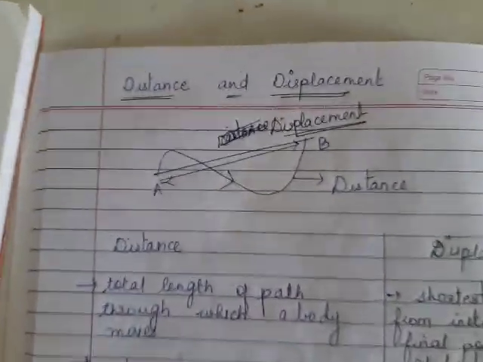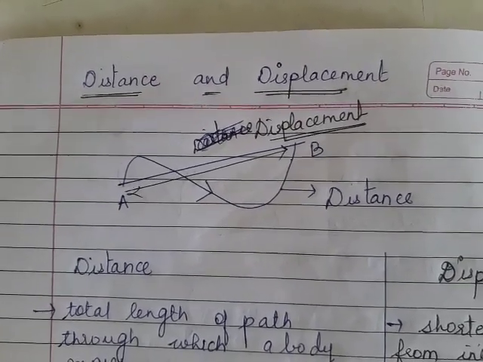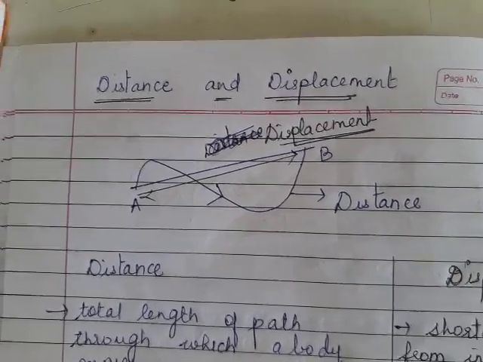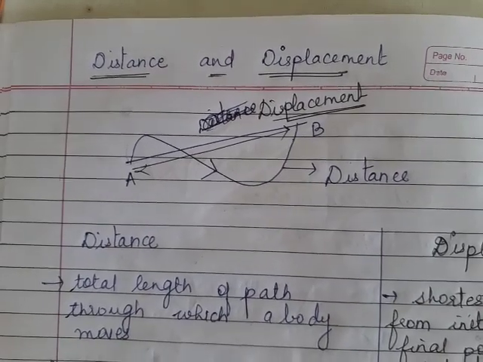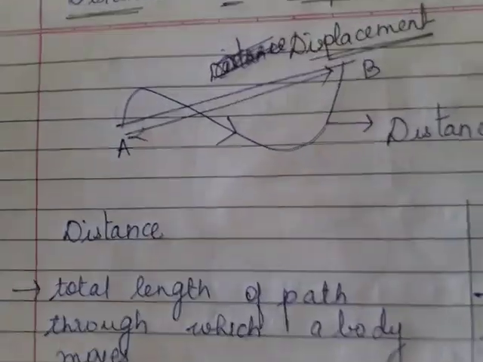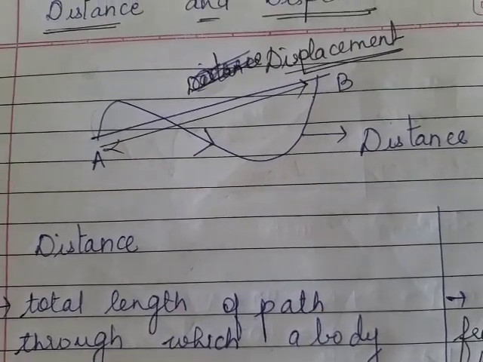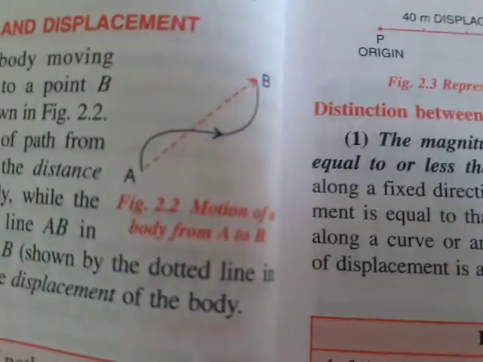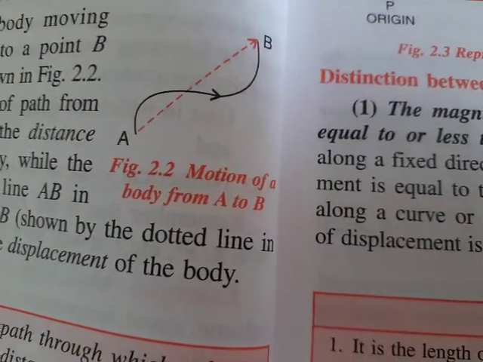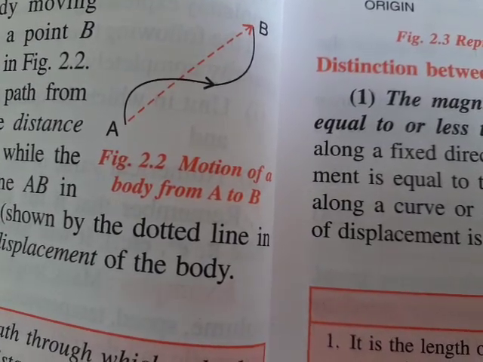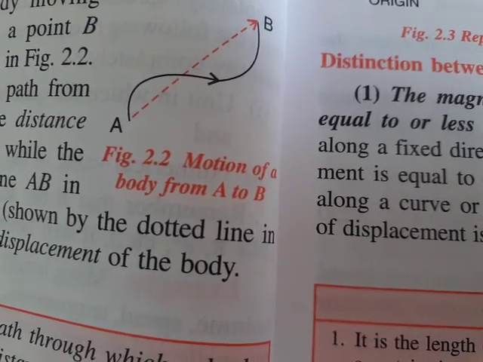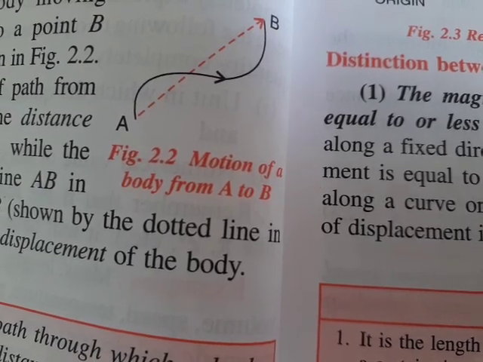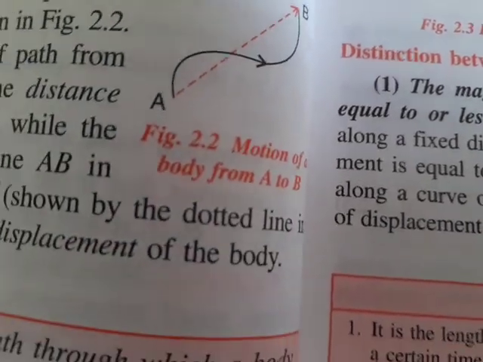Now the next concept, the broad concept which we will be studying, is distance and displacement, wherein we are going to focus on a few things. So let us begin. Now distance and displacement, if you see, these are two different terms. So how are they different? Now if you see here, the same diagram I have drawn over there. Here you see the black line, it's a curved line. From A to B that curved line is passing. You can see the arrowheads also.